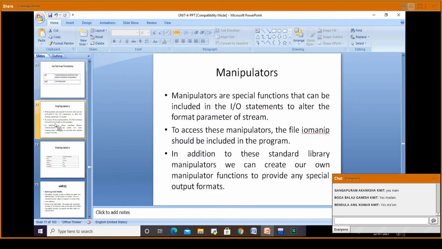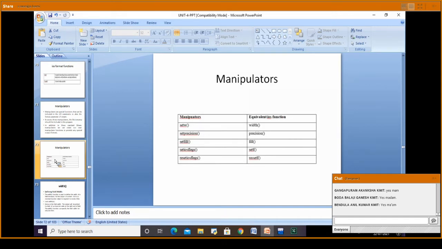Manipulators are also functions that can be included in IO statements. When you want to access these manipulators, the file iomanip should be included in the program. We have different manipulators. setw is one of the manipulators, equivalent to the ios function called width.